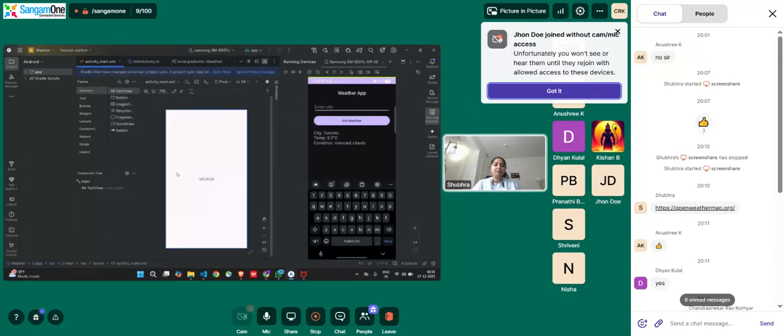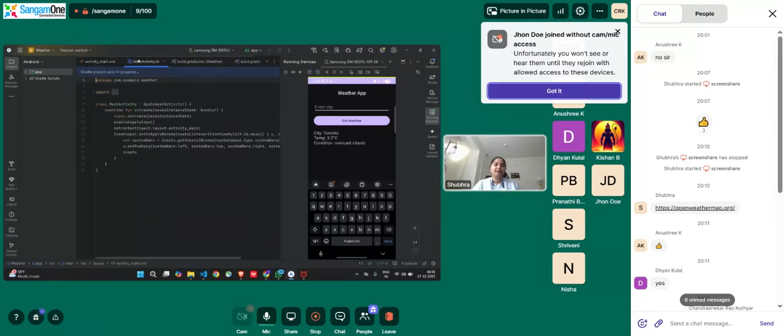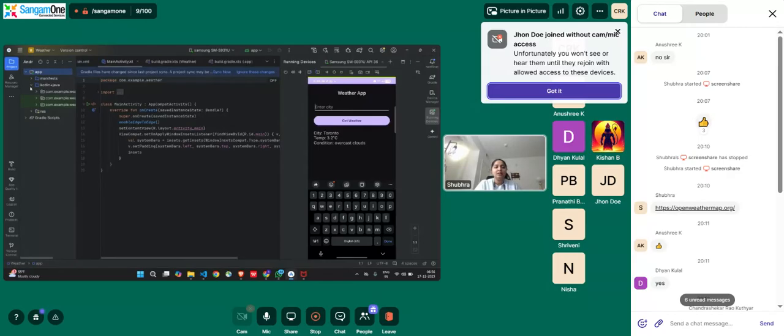I've not made changes to any of the code. Activity main and main activity is what has come. The only place where I've made changes was for the issue that my system shows. I had to change some versions in the .toml file, if you might have remembered. And the second thing that I did add was,